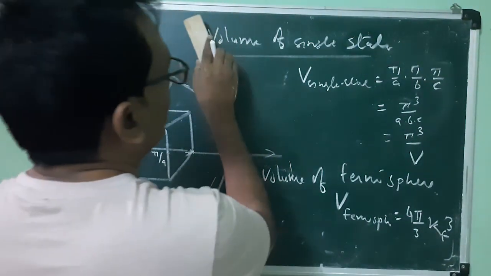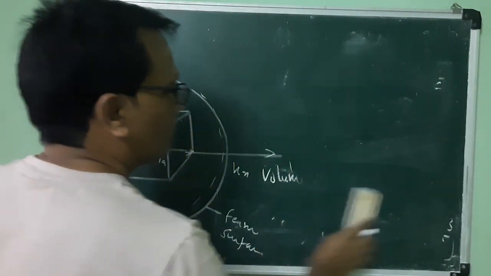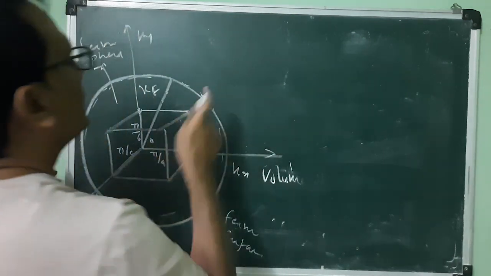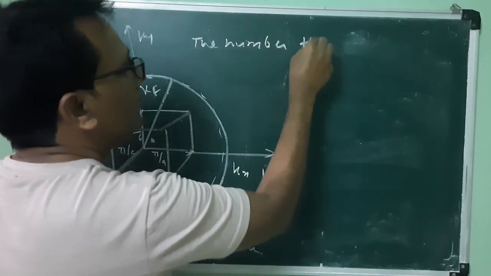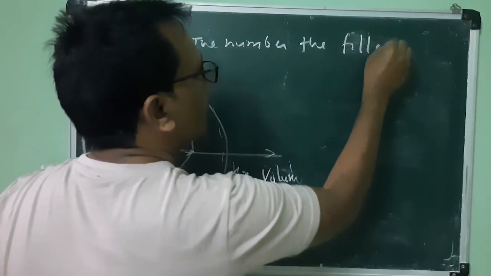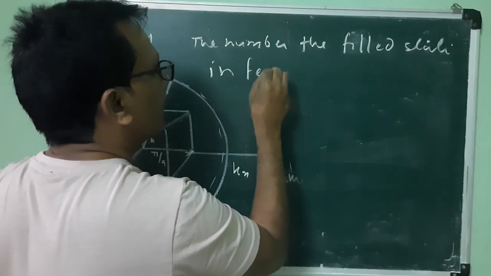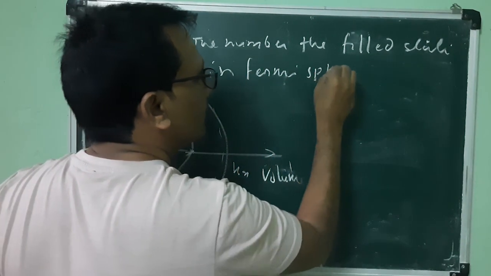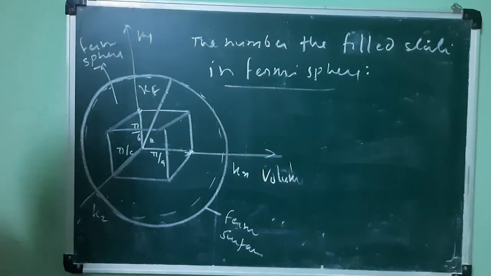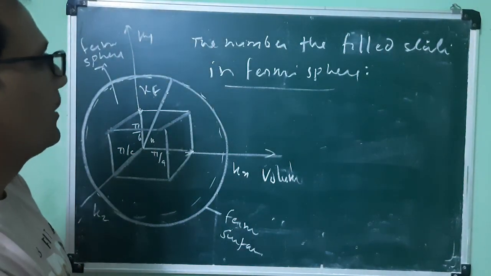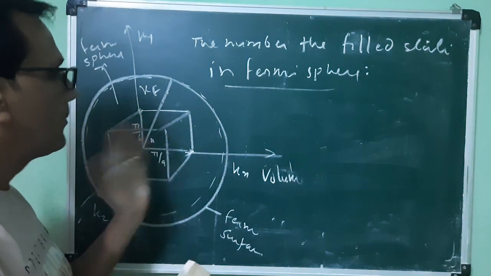So N, that is the number of filled states in the Fermi sphere. The outer surface is the maximum level where electrons are filled, but we can calculate the number of filled states inside this Fermi sphere,